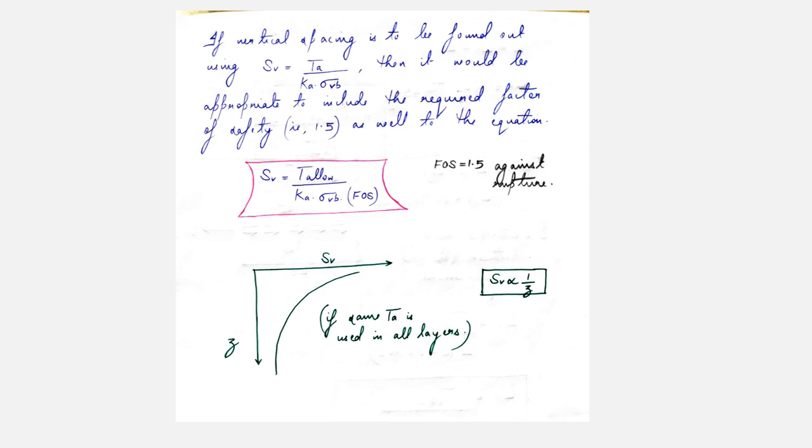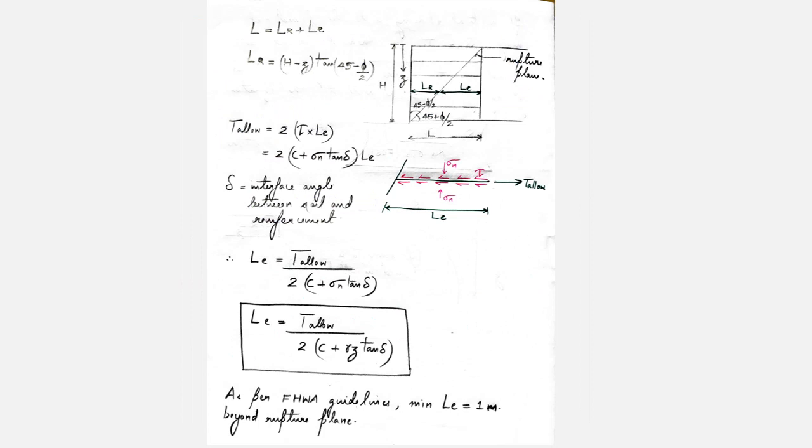Because otherwise it's a very lengthy process to find out the embedment length and the other forces, the pull out forces at each layer of reinforcement. So for now we will stop our design with finding the vertical spacing between the reinforcements, and we will draw the figure as well. For the time being, we'll stop once we have fixed the vertical spacing between the reinforcements for the entire height of the retaining wall.